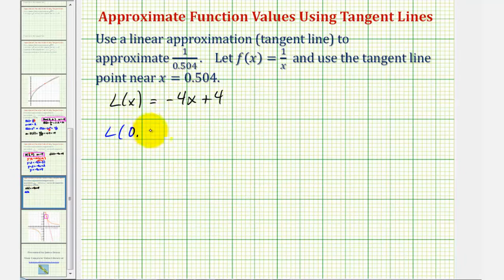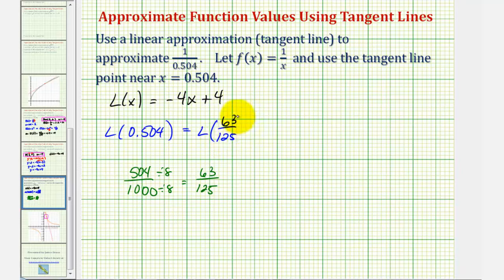For L of 0.504, we do want the exact approximation. So this would be 504 thousandths. But this does simplify. These are both divisible by 8. So this simplifies to 63/125ths. So we'll actually find L of 63/125ths to make our approximation for this quotient. So this would be -4, or -4/1, times 63/125, plus 4, or plus